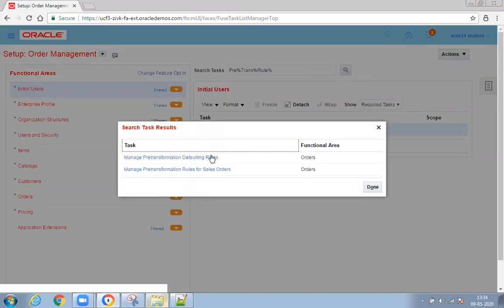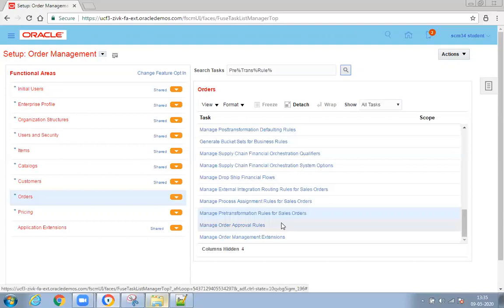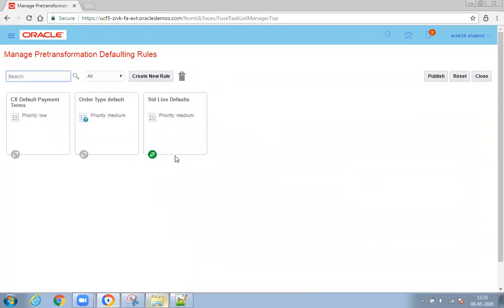So you have two. One is OBR, and this one is for Visual Builder, VIB. So I will use VIB to create pre-transformation rules. So basically, it is equal to defaulting rules in EBS, right? Main is pre-transformation rules for sales orders. Let me create one.